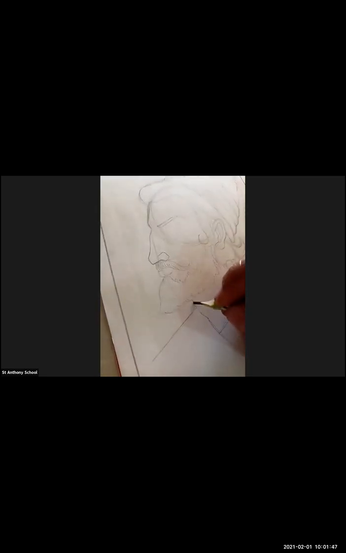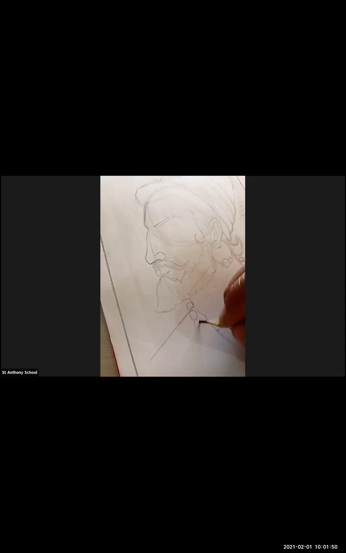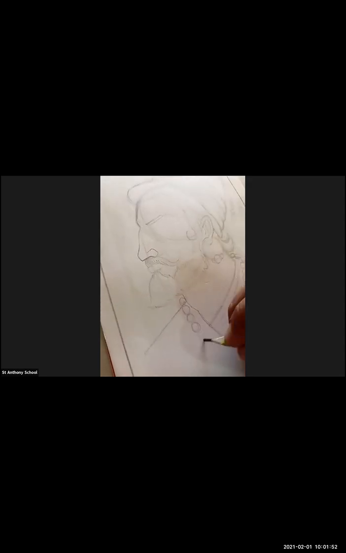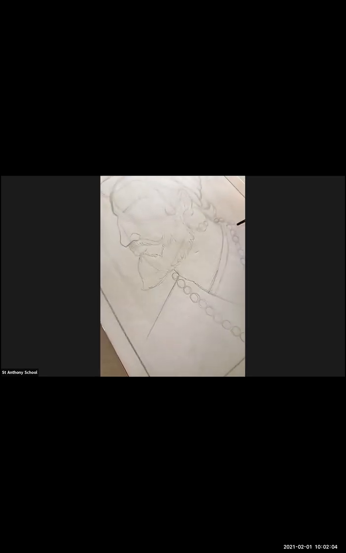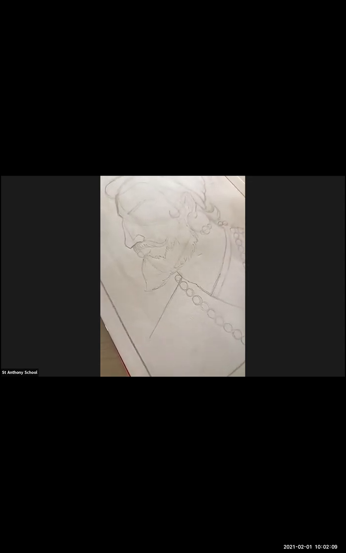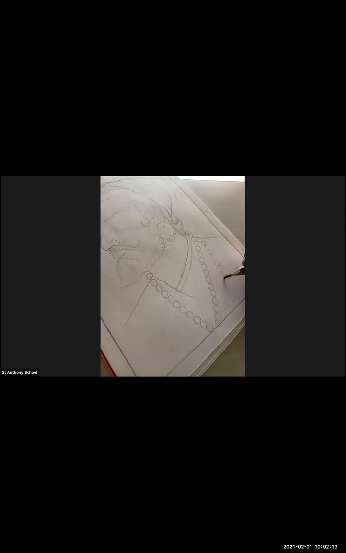You have to do it very lightly. Don't do it dark. Use the pencil very lightly, because if you make some mistakes, you can easily rub it. Okay, you can easily rub this. If you use the pencil dark, when you rub or erase it, you will find it really difficult to erase it. And when you start coloring, you will get some gaps in this. Okay, so it's very important. This is how you're going to make the portrait of Shivaji Maharaj.